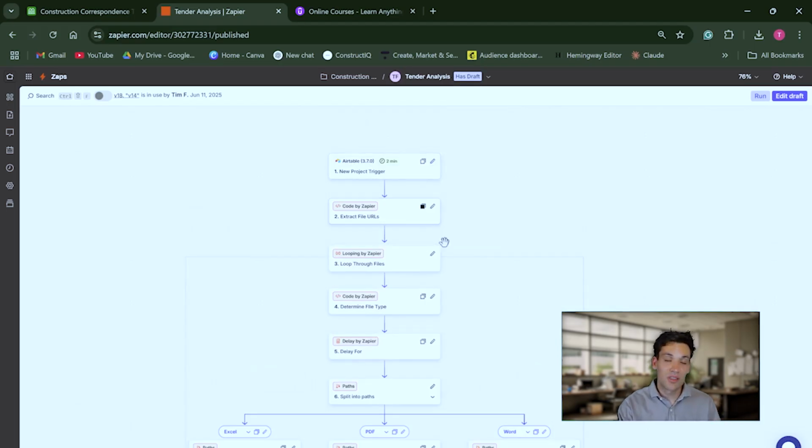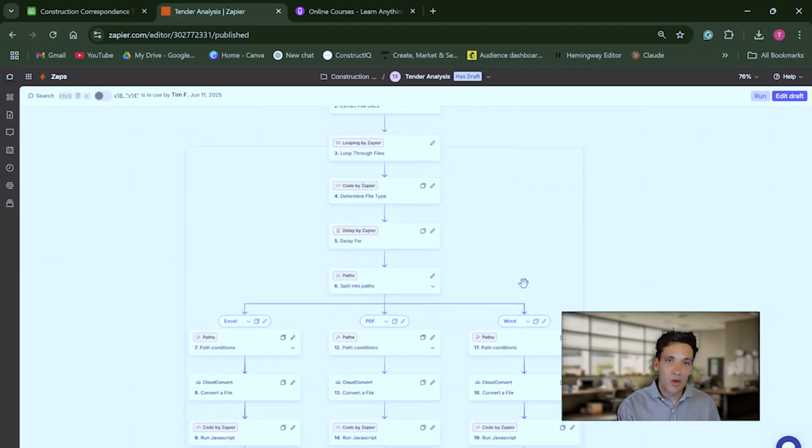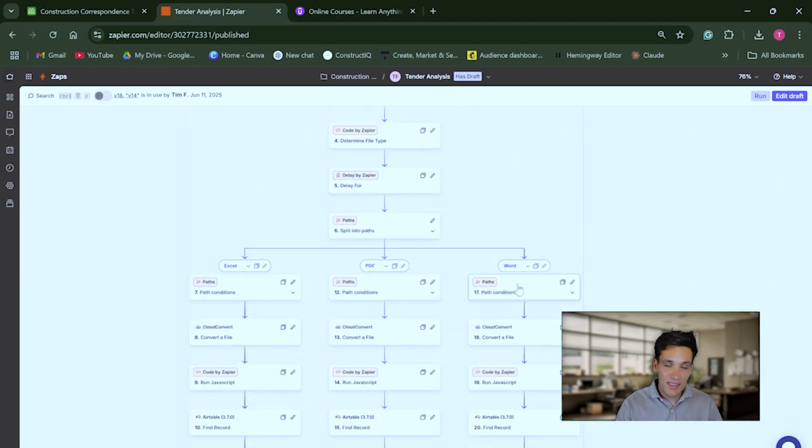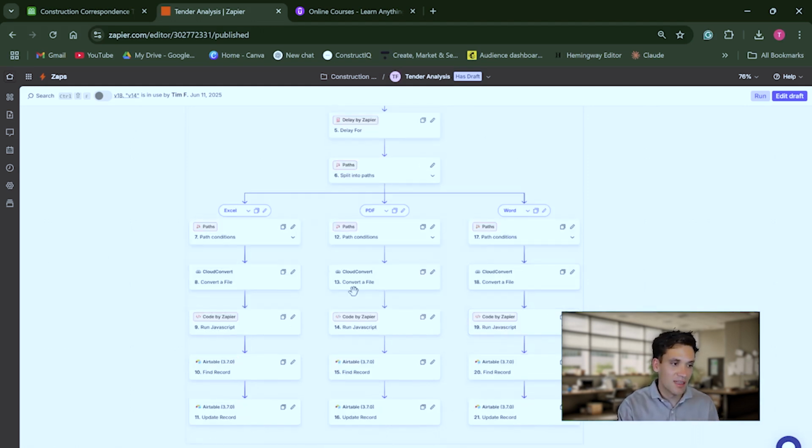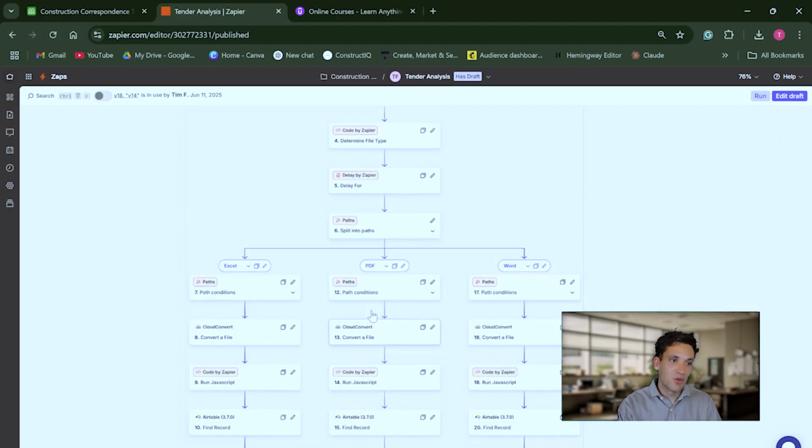So basically how this works is you get sent all your documents, you upload them into an Airtable form, breaking them down by the tender, the scope of works, the contract, the drawings, and so on and so forth. It iterates through all the different files, combines them into a big text file, so the PDFs and the Excel all need to get converted into a text format, stores them again in Airtable,